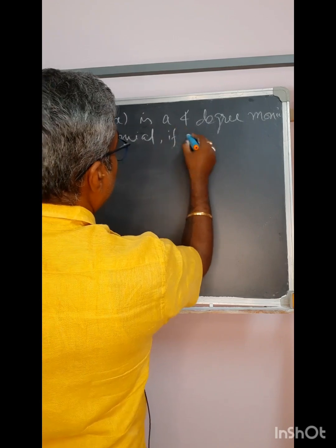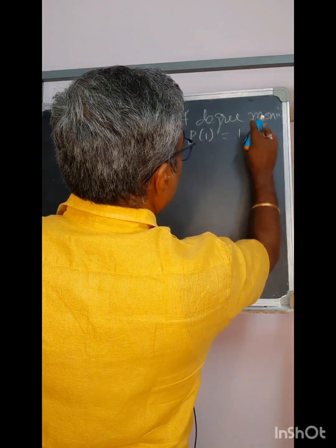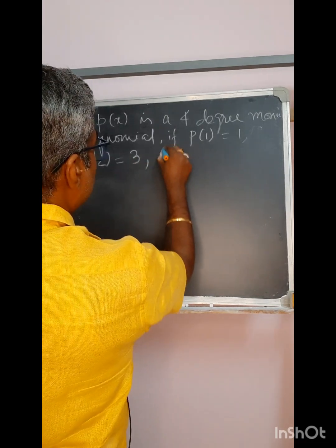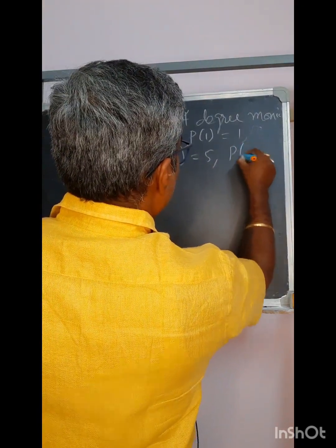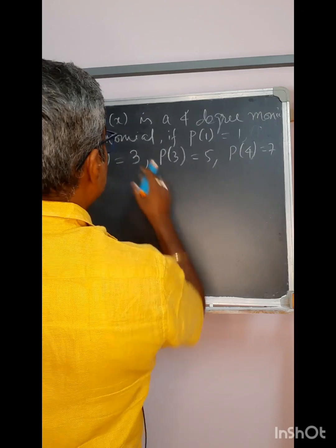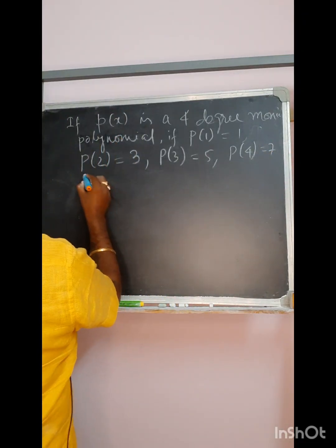and if for value x is equal to 1, the value of this expression is 1. For x is equal to 2, this expression gives value 3, and similarly for 3 it gives 5, and for 4 it gives 7. These are the values that can be attained from this polynomial, because this is unknown. So only the values for 1, 2, 3, 4 are given as end results, and then find